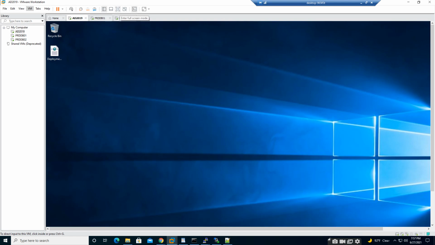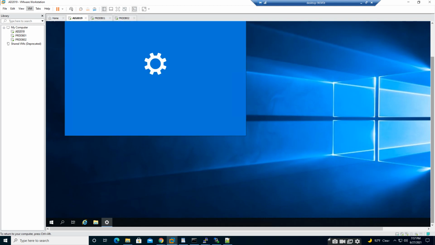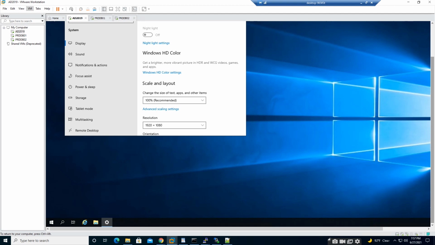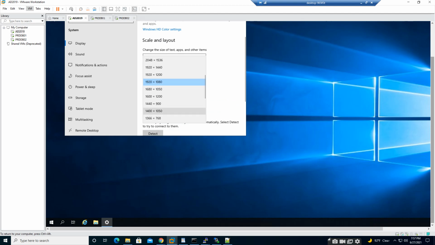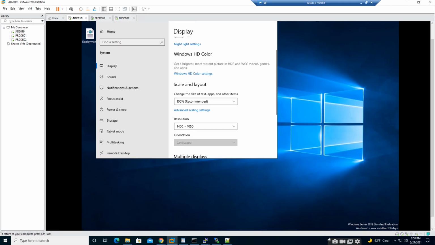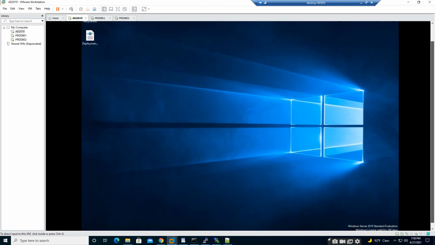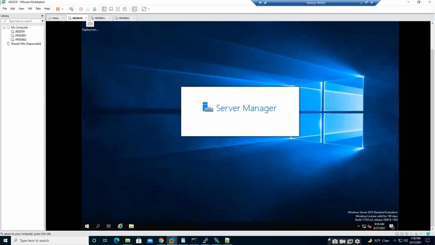Let me change the screen resolution. Let's connect to the Server Manager.